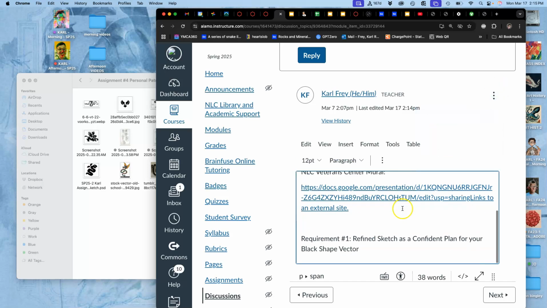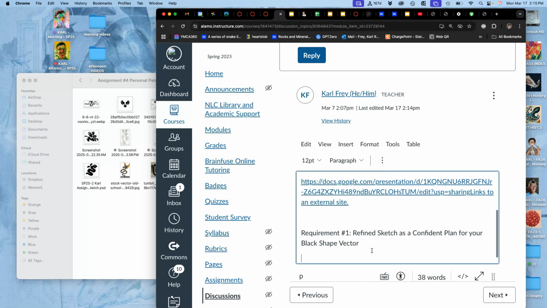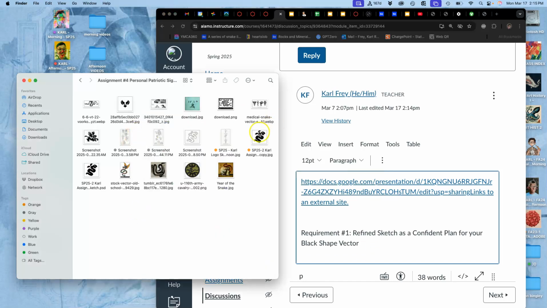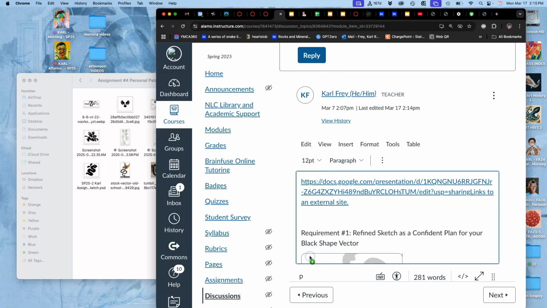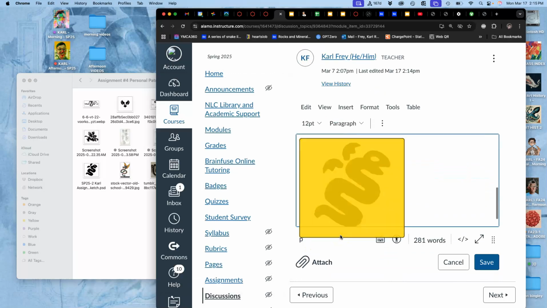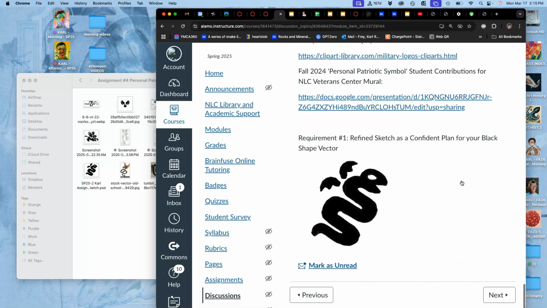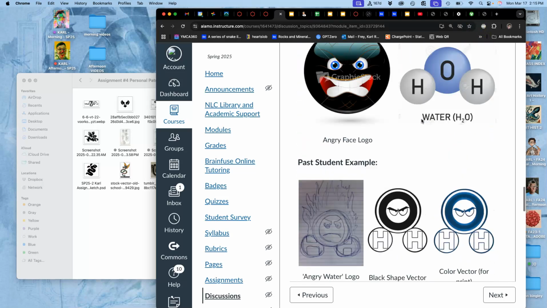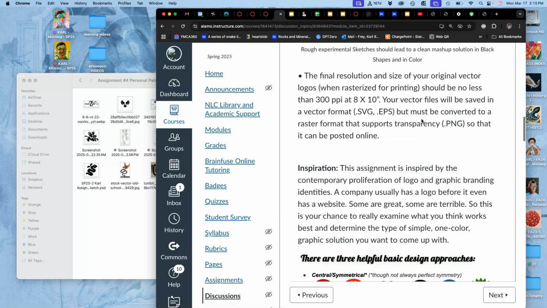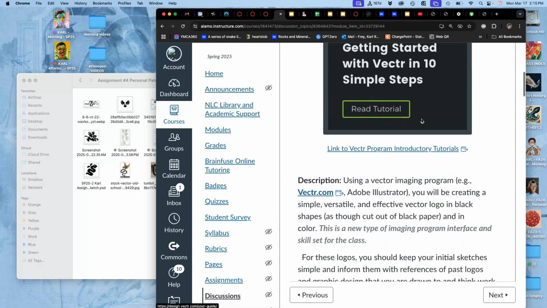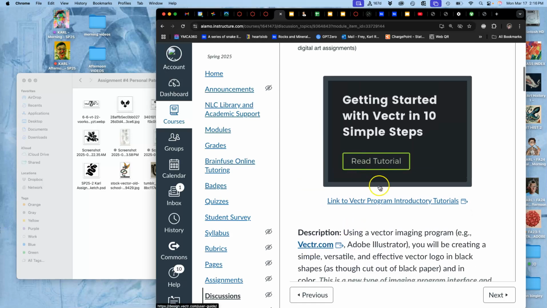And now I get to open that refined sketch in a vector program. For the first time, we're actually going to use a vector software. Now, the professional Adobe software that I teach in the morning is Adobe Illustrator. The freeware that we are going to use, it's in the assignment directions. It's called Vectr.com, without the O. So Vectr.com. And here's a link to